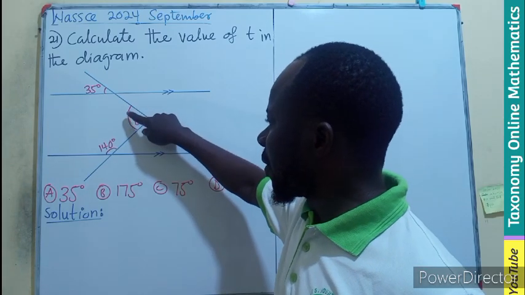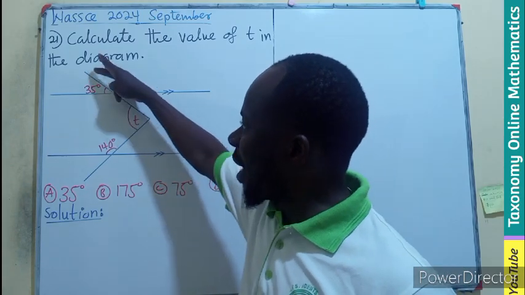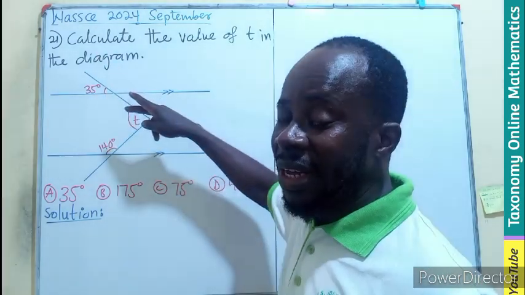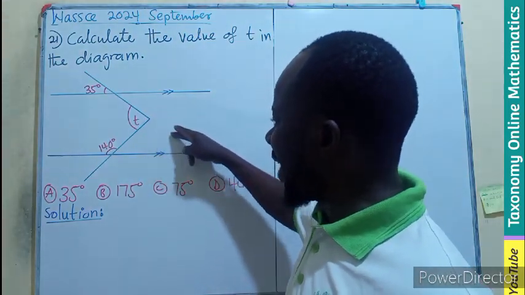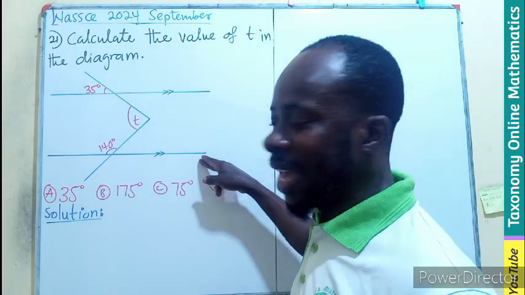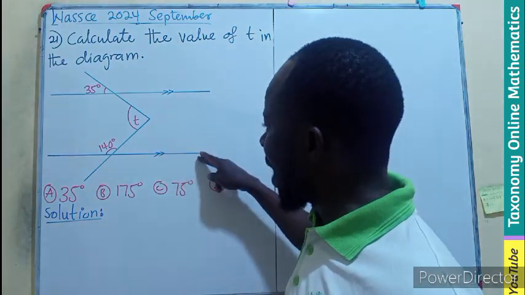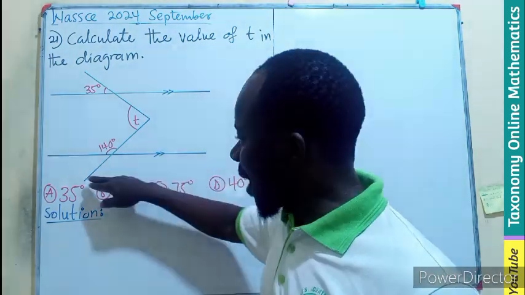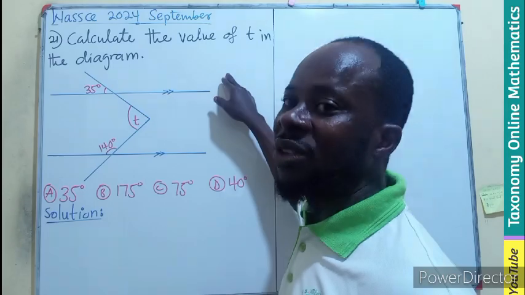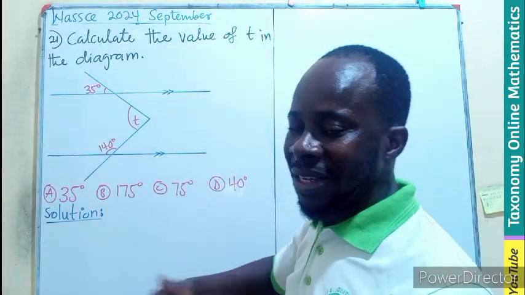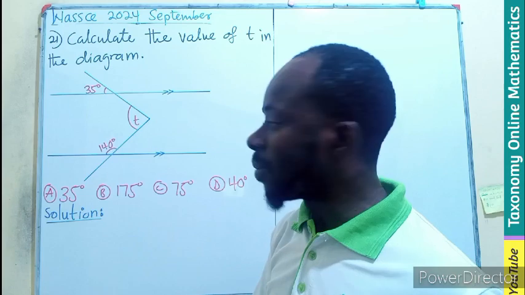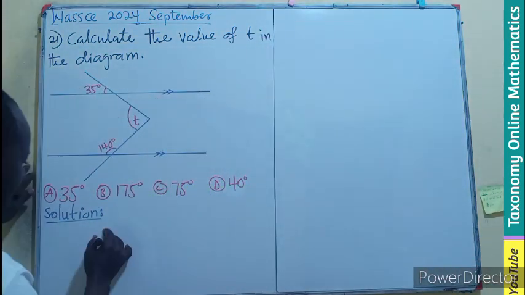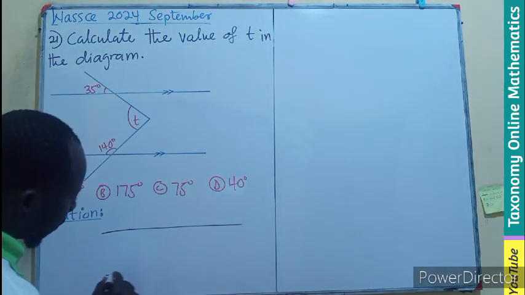This t is the angle formed when this line, presumed to be the transversal, crosses over. So we can extend it further, right? We can extend this line further to become the transversal, extend this as well to become the transversal. Then we apply some of the concepts we know under properties of parallels. Or we redraw the diagram